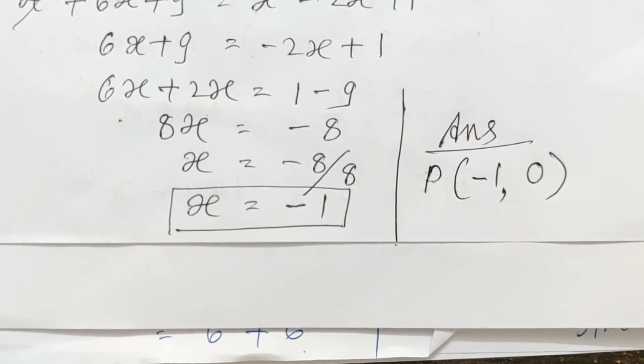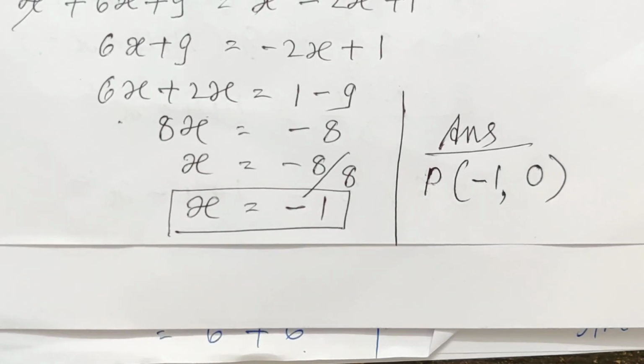See, here also we use the distance formula. Two times we use the distance formula, for PA and PB. As it is said in the example, these two segments are equal to each other. That means the point P is equidistant. That means the segments are equal to each other. And so this way we use the distance formula. Simultaneously you solve it, you will get the answer.